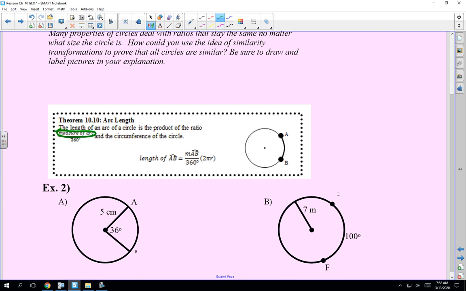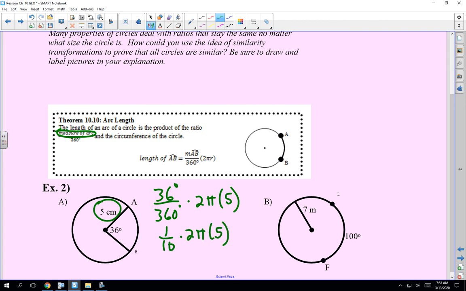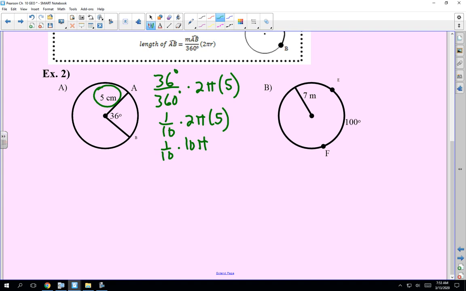So the way we set this up is if we know the radius to be 5 centimeters, we know the measure of the arc to be 36, we have 36 degrees over 360 degrees times 2 pi times 5. Just plugging it into the formula for length of a given arc. 36 over 360, we can reduce that to 1/10. And 2 pi times 5 is 10 pi, so I've got 1/10 of 10 pi, which gives us an arc length of just 2 pi